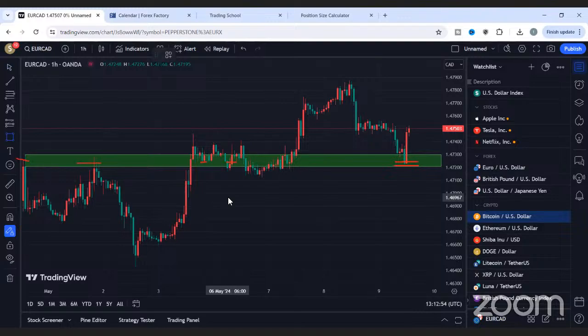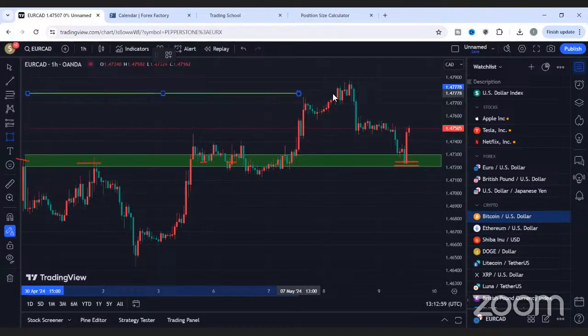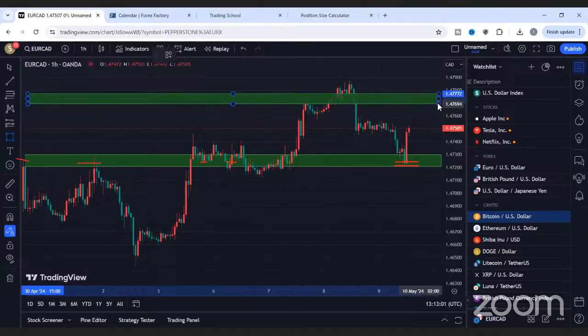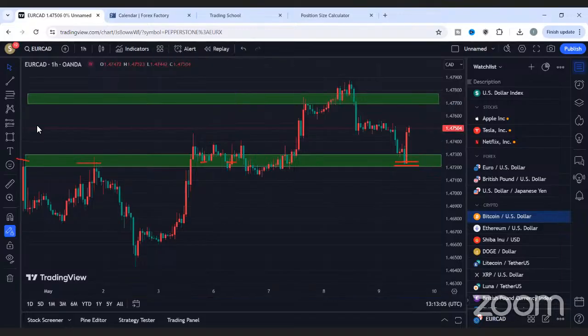And if you're looking forward to selling, I would say something around here, around that area, because of what we have here as a form of resistance or some little support over here. So I would like to see the price push back to this point and then you sell over there. So always look for where to buy and where to sell on the chart. I repeat, always look for where to buy and where to sell on the chart.